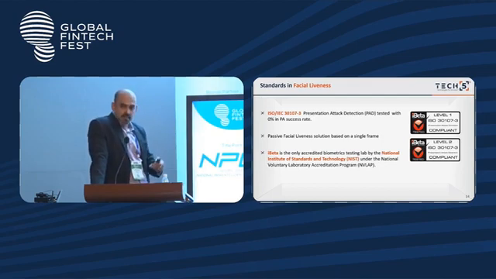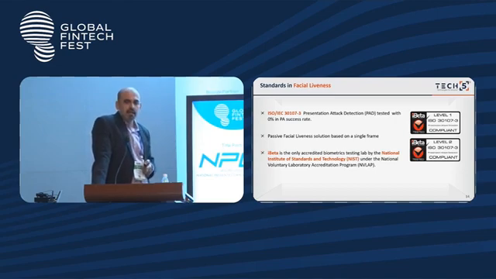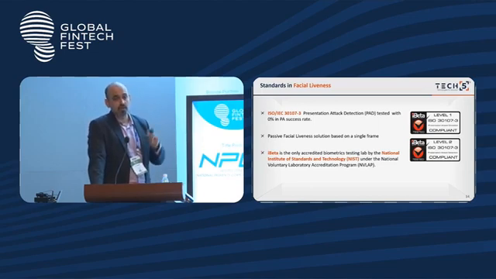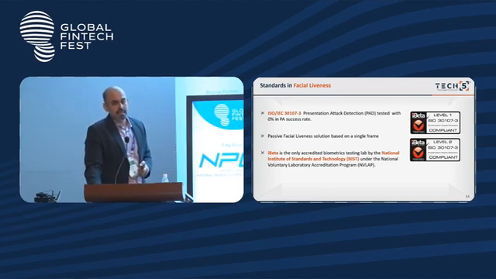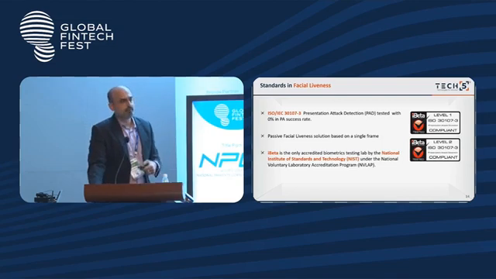There are various levels in that. When we talk about PAD 1, that is presentation attack detection level 1, it's basically detecting the most basic attacks, right? And I'll show you some of those in the next slide. It typically means that I'm trying to spoof the system by showing a photo of a photo, or I'm trying to show a cardboard cutout or something of that sort, or a high definition image on the screen. PAD level 2 goes deeper, where they talk about detecting facial masks, various different artifacts and all.